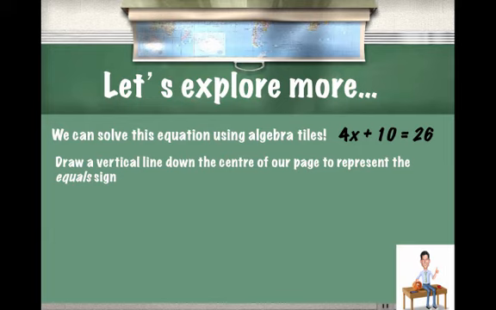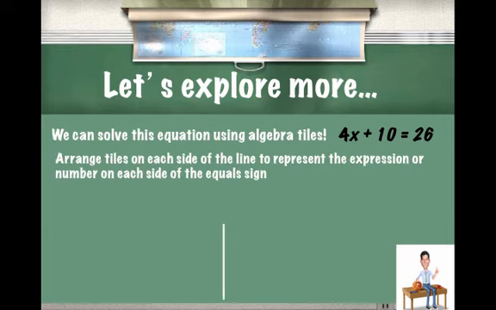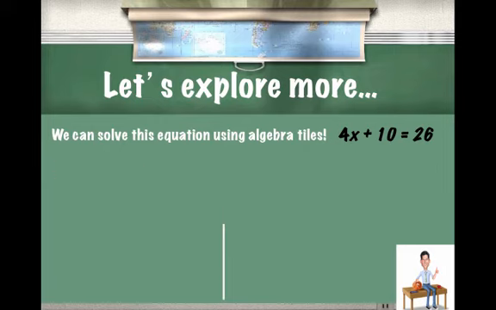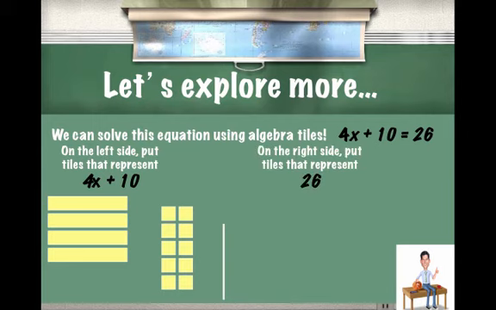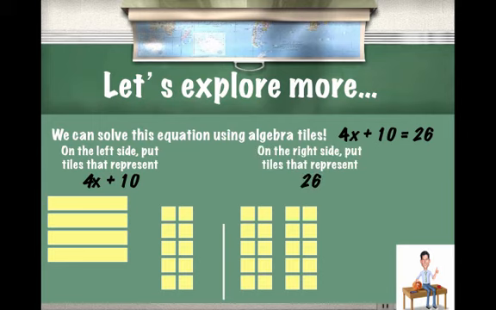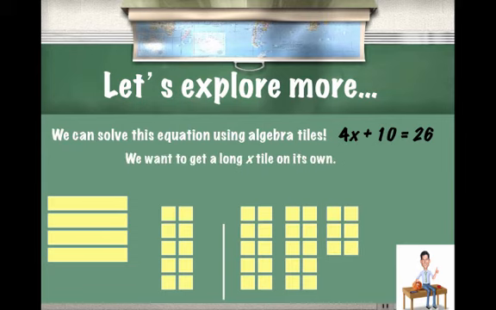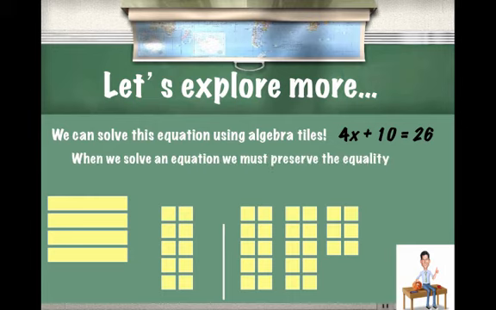We draw a vertical line down the center of our page to represent the equal sign. On the left-hand side, we represent 4x plus 10. So 4 long variable tiles, 10 small unit tiles. We do the same on the right. We put 26 unit tiles on the right-hand side. And the first step to get one x tile all on its own, which we call isolating the variable, the first step that we need to do